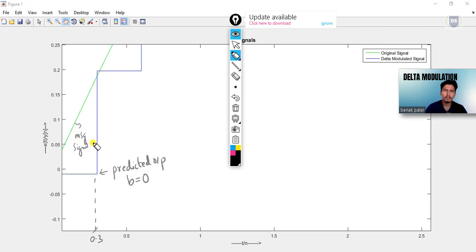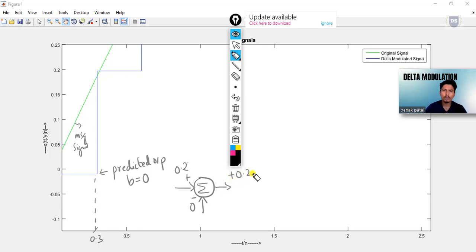Because the message signal is at a higher value compared to our predicted output, when such values are made to pass through our starting summer, here the value that we are trying to pass through is 0, whereas the value here has some finite value somewhere around 0.2, and in turn this results in a positive error value equal to 0.2.